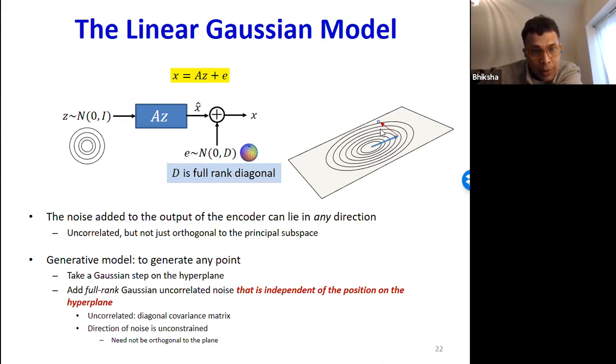It can lie anywhere in the space. The only additional assumption we'll make is that although the noise is full rank, it's uncorrelated, meaning the X component of the noise is independent of the Y component of the noise. But the noise is Gaussian, it's full rank, and you add it to X hat. So this is a generalization of PCA.